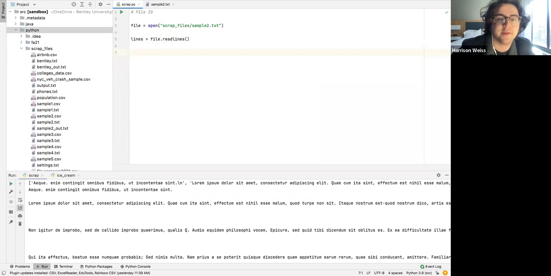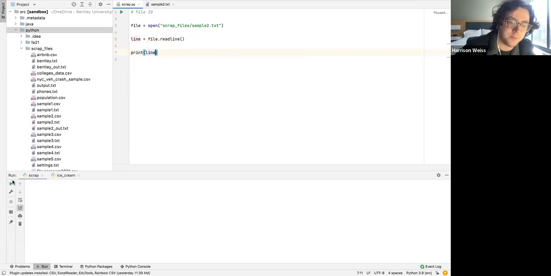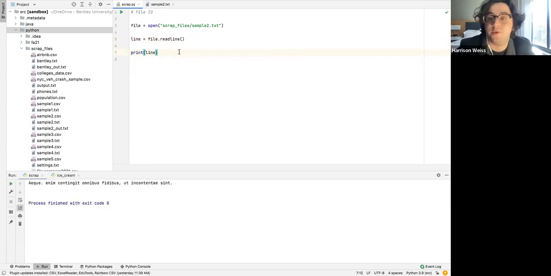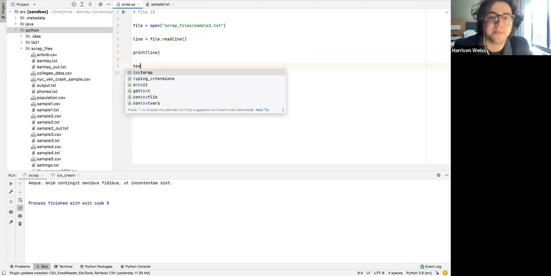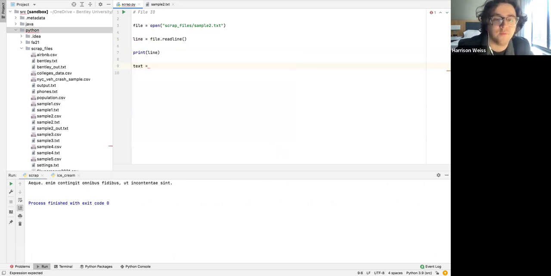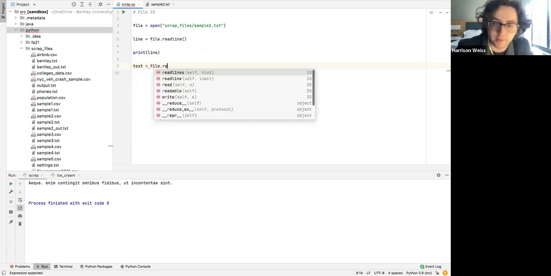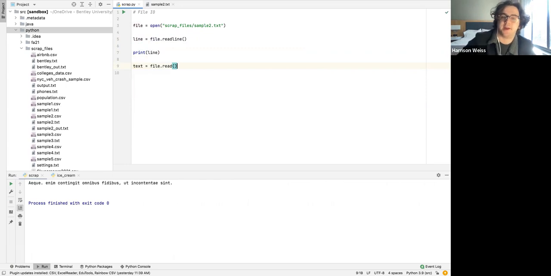One more thing that exists is you might not want everything. So you might just do readline. So one line is equal to file.readline. If I print line, now I should just get one. Now, when you do reading, it remembers where it left off. So if I do file.read now,